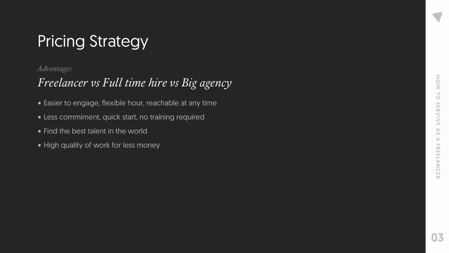The last point I want to talk about is the pricing strategy. This is the last point, and I think this is something that may be useful for you guys. I actually don't know, because as I mentioned, I'm in Canada right now. I'm working with people in San Francisco or in the States in general, some of them in New York. Some clients I'm working with from Europe as well. So I actually don't know where you guys are from, what your pricing strategy is, and how much people usually charge in your area.